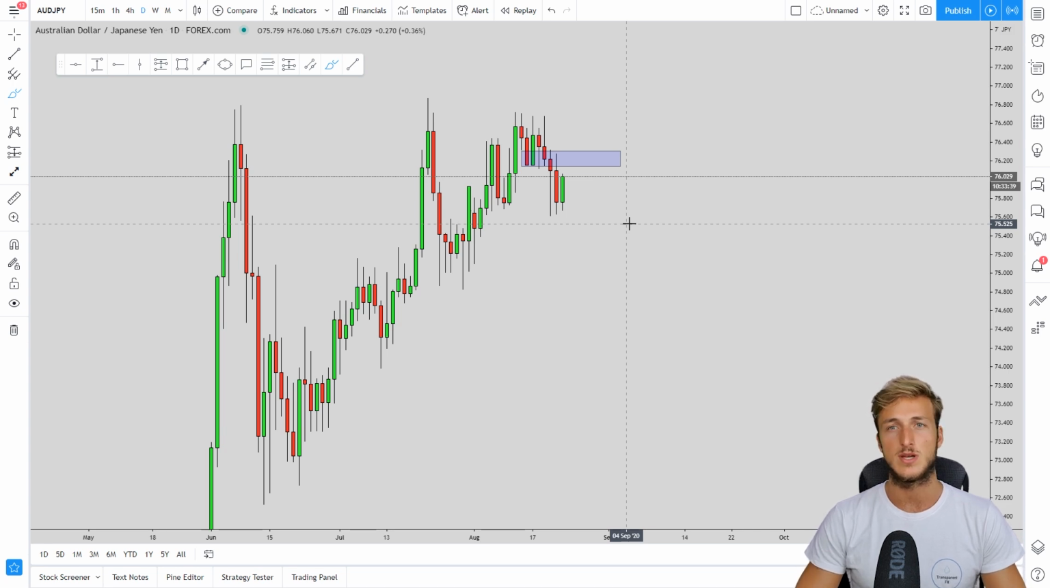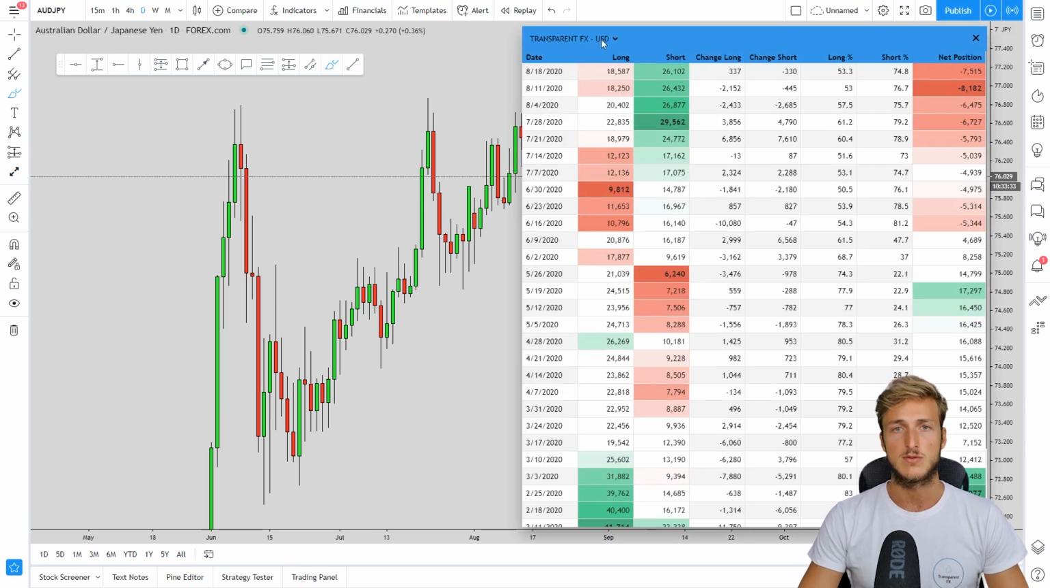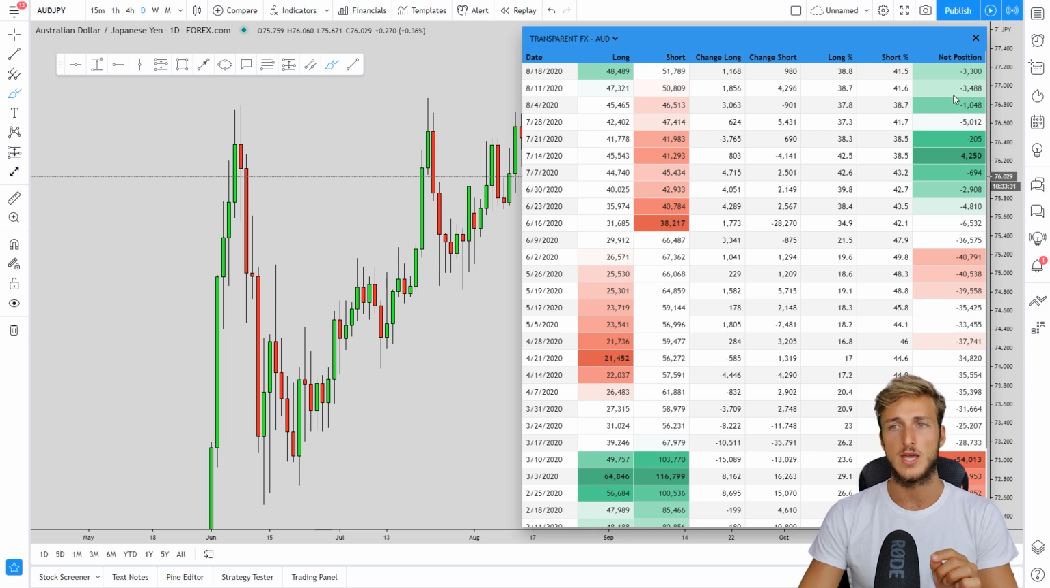So basically, this is what the biggest banks and institutions are currently doing from an AUD and a JPY perspective. Starting from the AUD, we can see that institutions shifted their positioning from a positive net positioning to a negative net positioning. What does it mean? It means that we went from having more longs than shorts on the AUD from an institutional perspective, with 45k longs and 41k shorts, to now having more shorts than longs, with 51k shorts